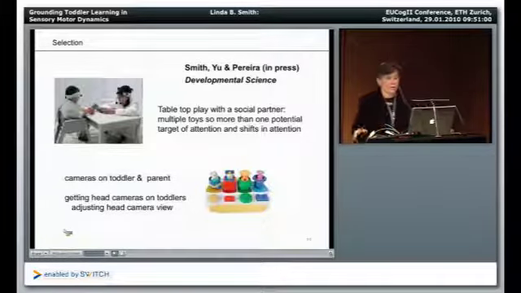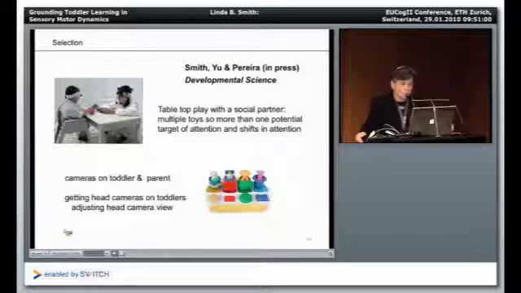And as our first effort to do this, we developed an in-lab procedure that mimics, although simplifies, some of the complexity of real-world learning. We're going to look at tabletop play with toys with a social partner. There are multiple toys on the table at any one time, so more than one potential target of attention. And since it's semi-naturalistic, since they're all wired up, there'll be many shifts of attention, a lot of complexity in the dynamics and what happens next, what one might be looking at, what one might